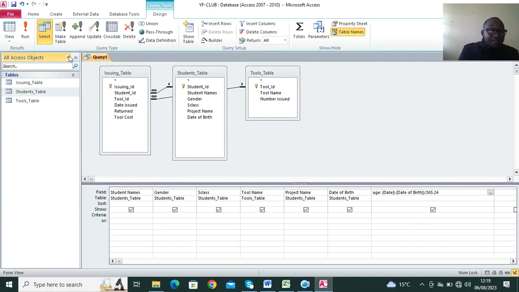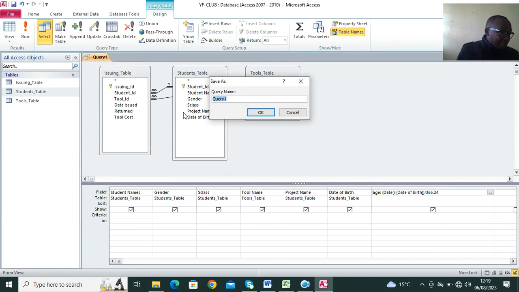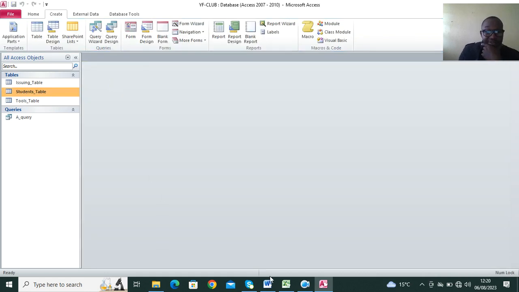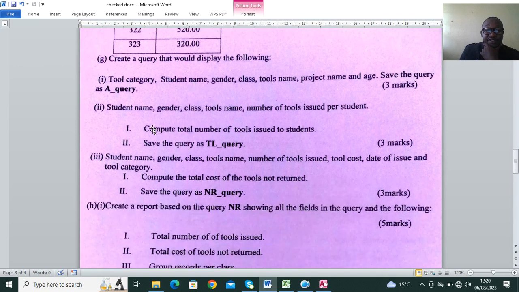So the query should be saved. Just go to save. I just save it as A underscore query in small letters. So I close that. Close all. Then the next question, guys, is that student